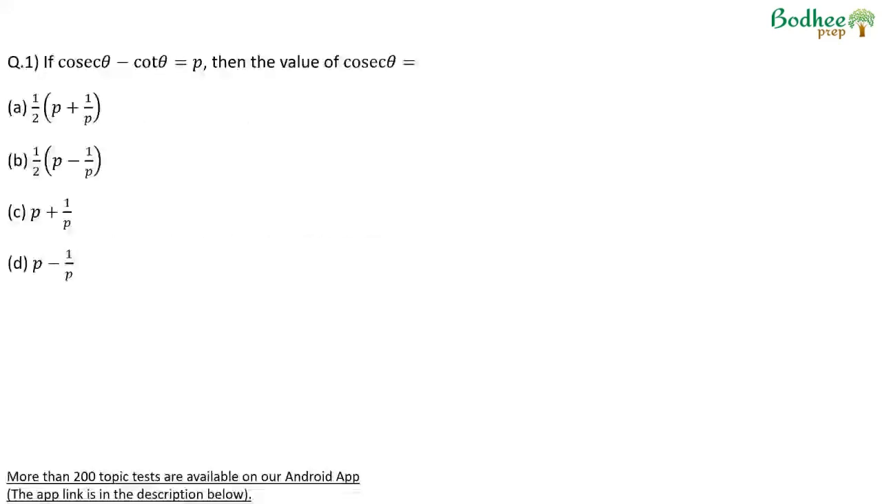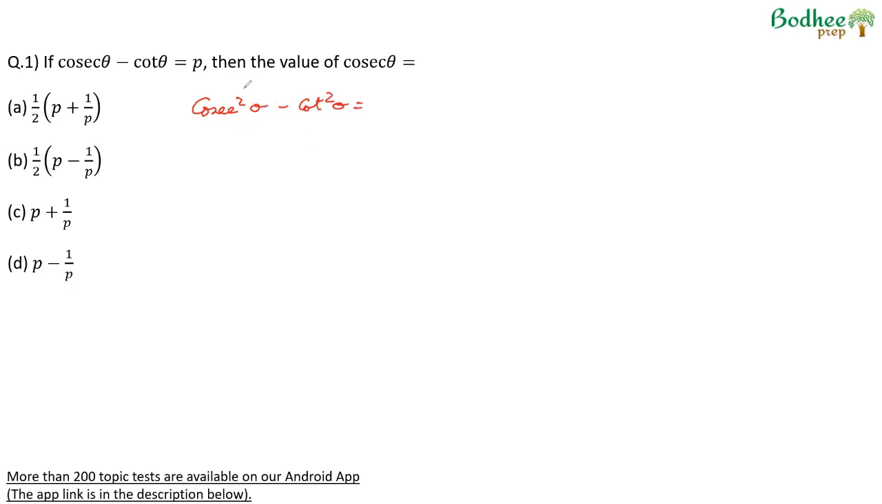If you look at the questions, question number 1 says cosec theta minus cot theta is equal to P. We have to find the value of cosec theta. Now we know that cosec square theta minus cot square theta